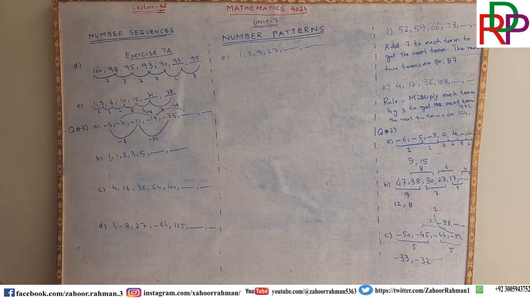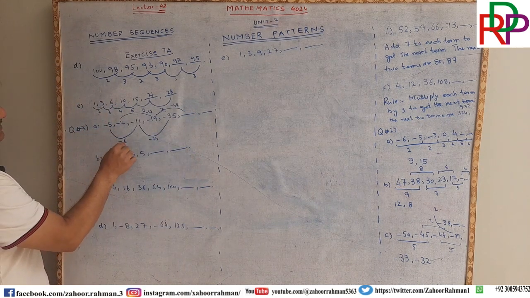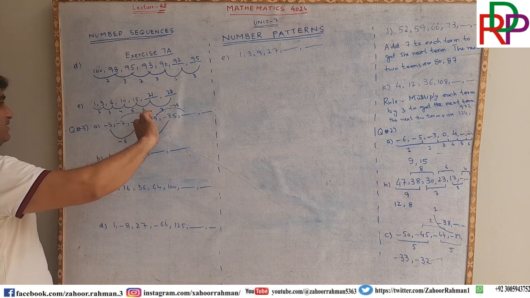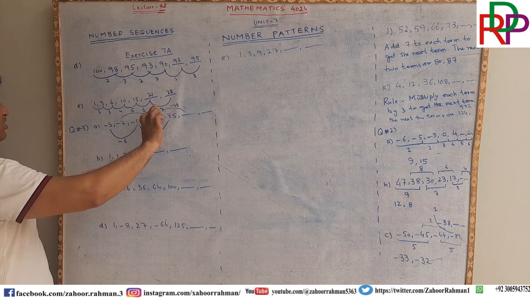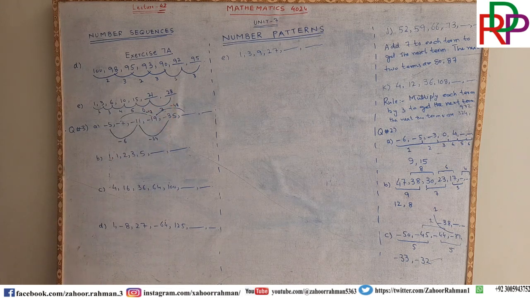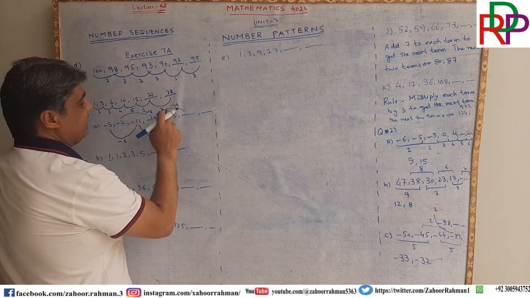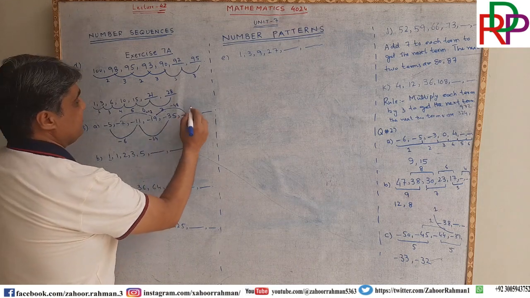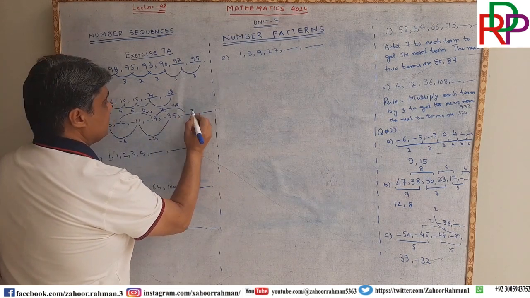How? -6 is doubled here, so -12. -12 is doubled here, 12 twos are 24. 24 when doubled will become -48. So when -48 and -19 are added together, that will give you 7,